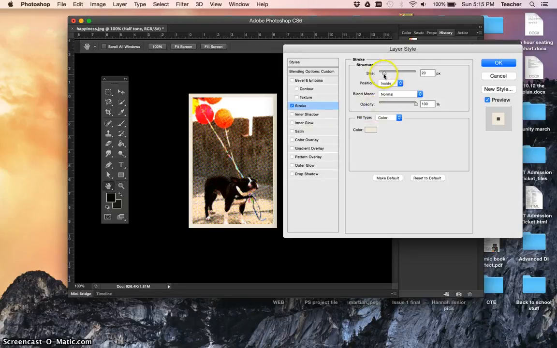All right, and again, I think the size looks pretty good with the stroke, but you want to have one that's fairly thick, but not super thick. And so if your lines aren't coming out very heavy, you want to have a pretty good edge around this. So you may want to adjust this, but I think for right now 20 looks pretty good, and we're just